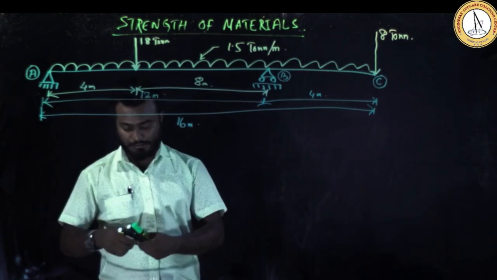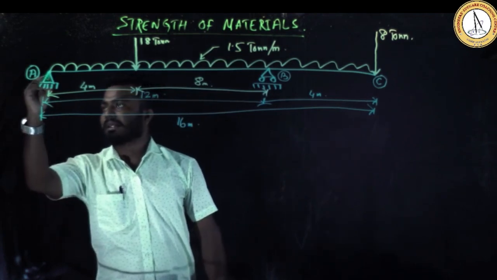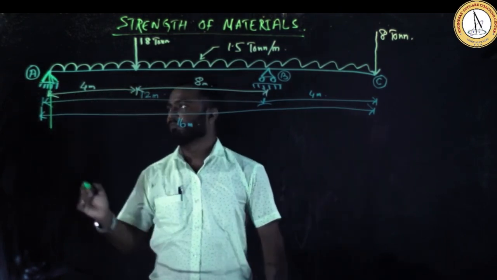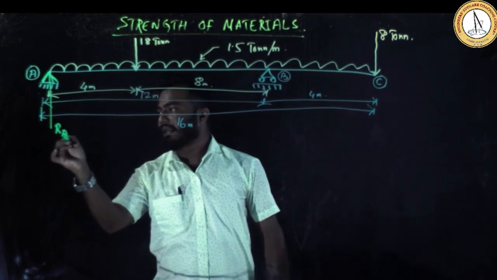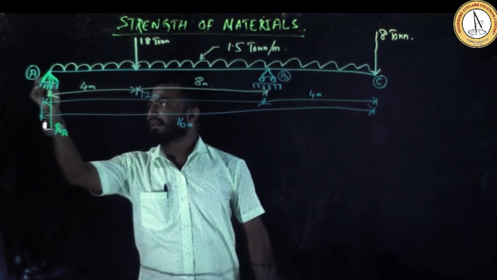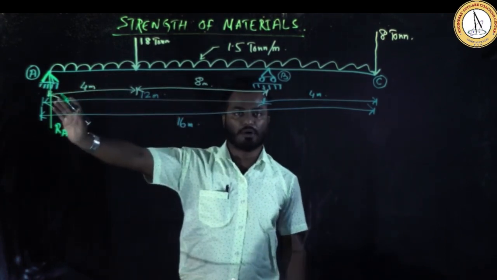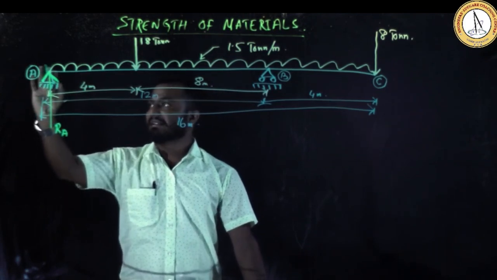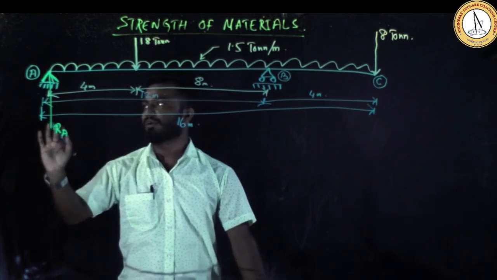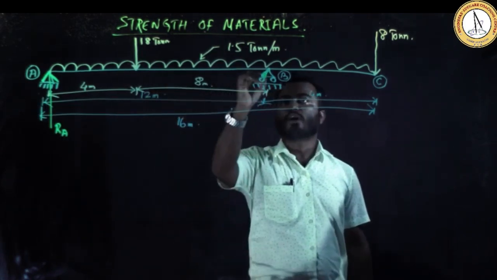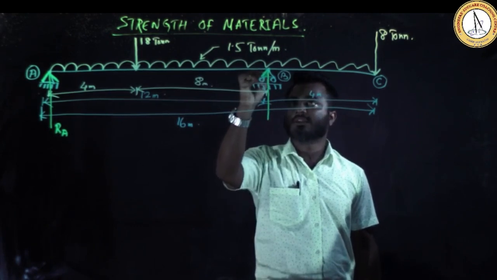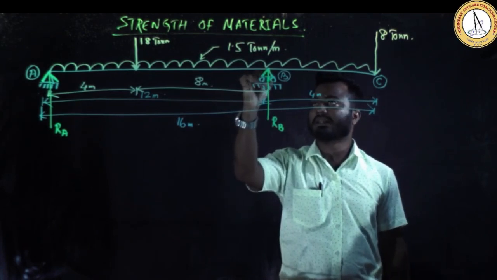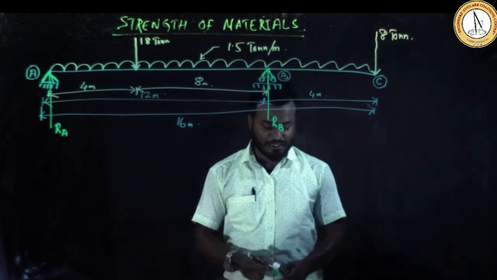So I am assuming A will give a reaction definitely in the vertical direction, but it is not certain, we can just assume. The magnitude is RA, and the direction I am assuming is upward. We know that force is a vector quantity, so it will always have a magnitude as well as a direction. As this is a force, I have to assume two things: one is the magnitude, another is the direction. Similarly, for the reaction at B, I am assuming the magnitude is RB, that means the reaction at B, and the direction also I am assuming upward. So this is the second step.